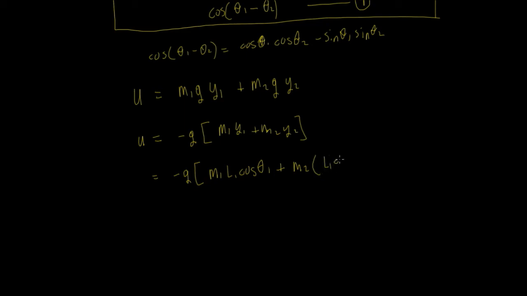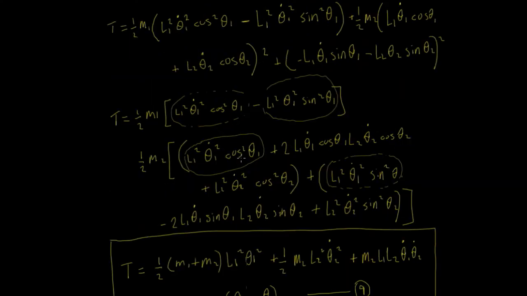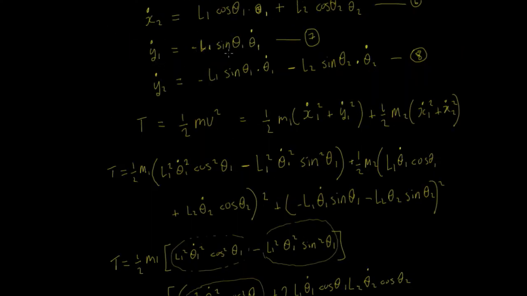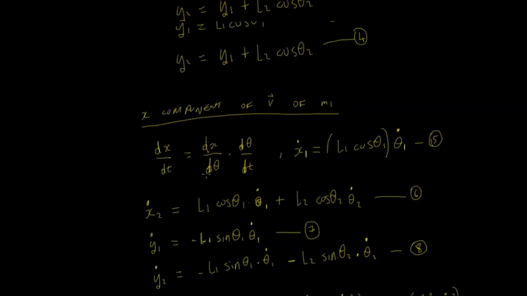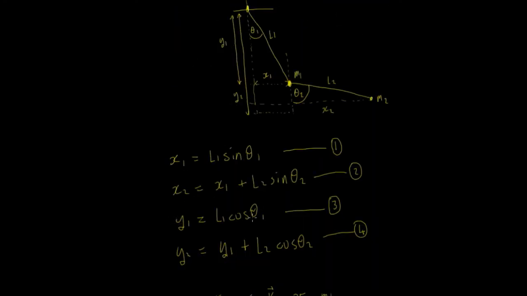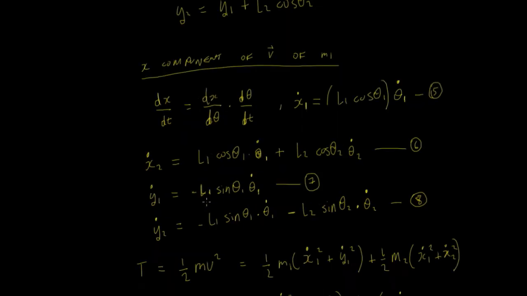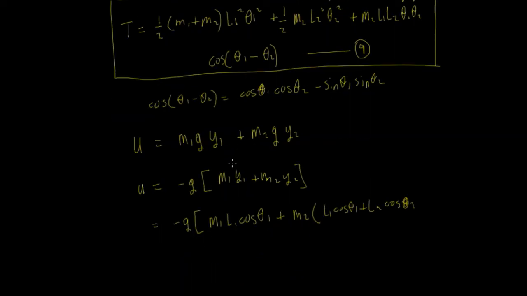L1 cos theta 1 plus L2 cos theta 2. Okay, so we're just getting these from the y1 and y2 here. Oh sorry, the first one's here, right up the very, very top, this one here, and this one here. Okay, so that's us got the